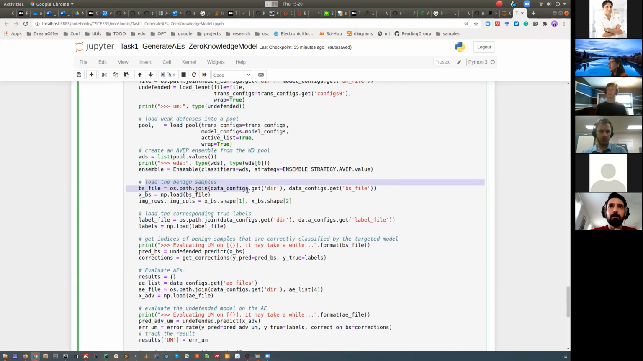And then next step, we want to load the benign samples. Why do I need to do this? Because according to the definition of this success rate, we need to first exclude the benign samples that were misclassified by the undefended model. Because if the model has been fooled by the benign sample already, it's not